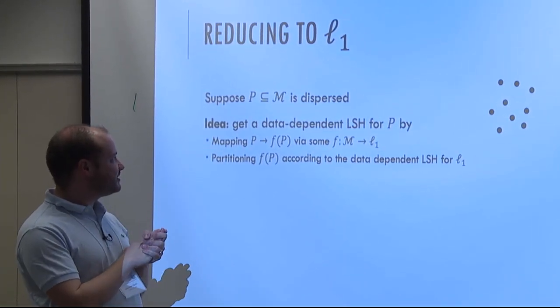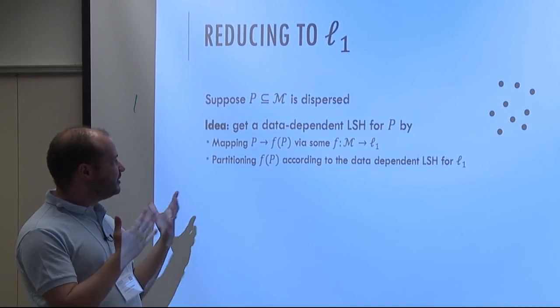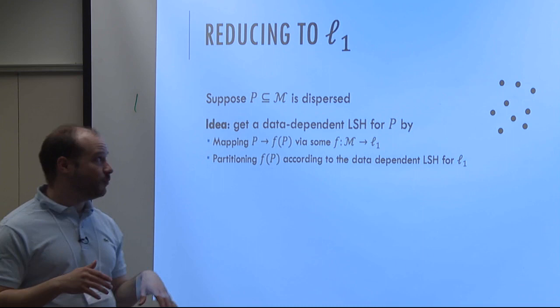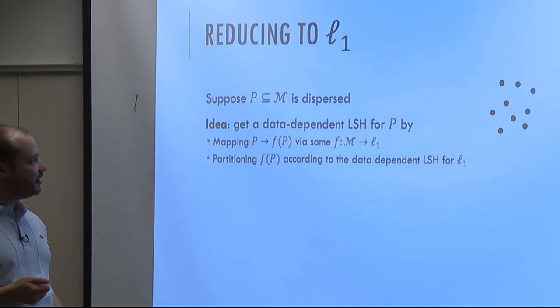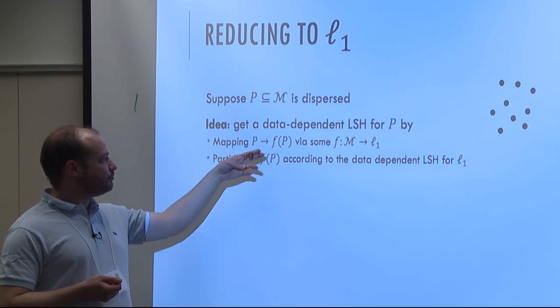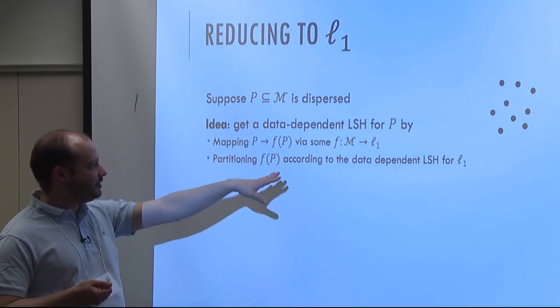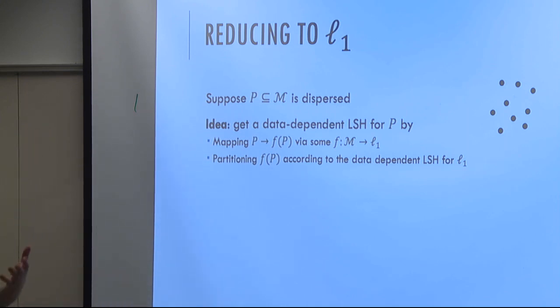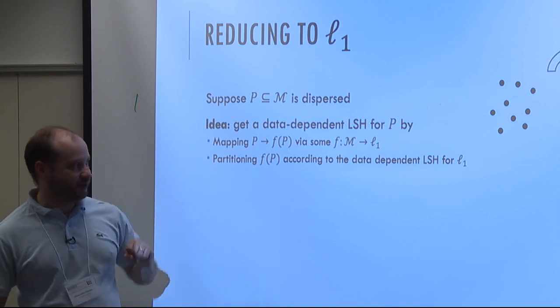So if P is dispersed, then the idea is to get a data-dependent LSH for P, which is now in some metric space that's not necessarily L1, by first applying some embedding to P,